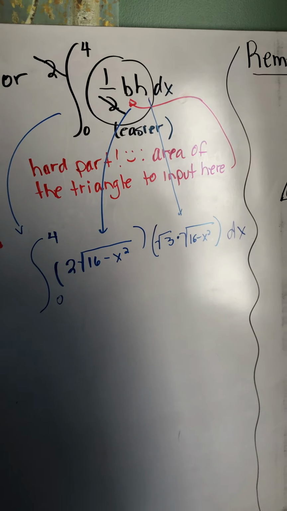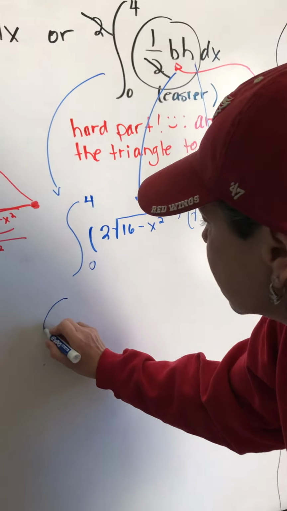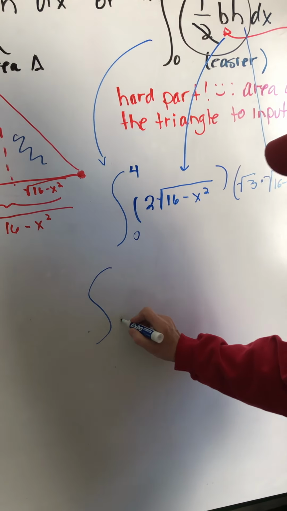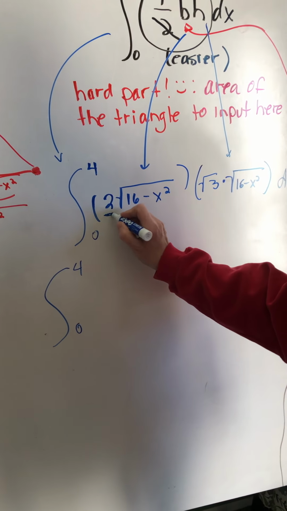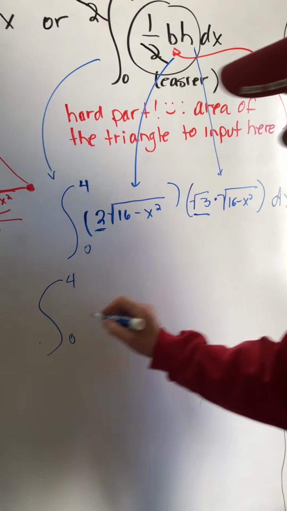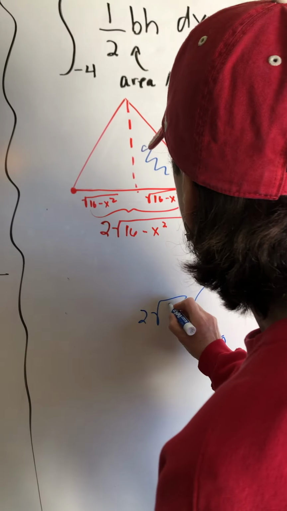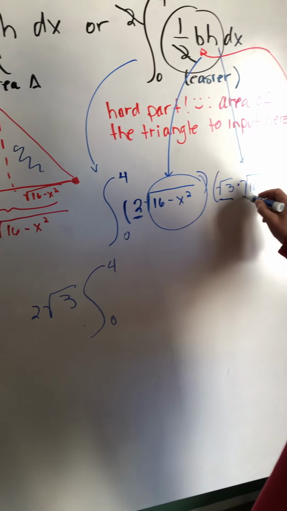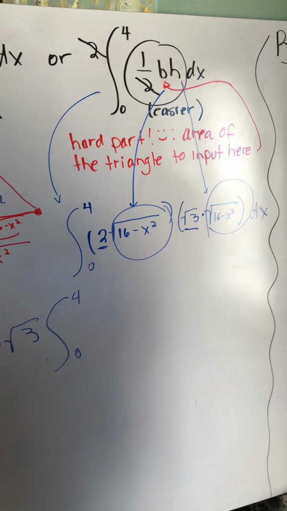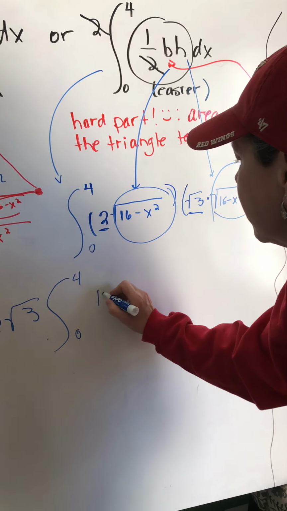Now what's really cool about this is, this looks super complicated to integrate, but let's go from 0 to 4. Let's bring our constants together. Here's a 2 and a square root of 3 out front, and look at this. The square root of 16 minus x squared times itself, the square root eliminates,